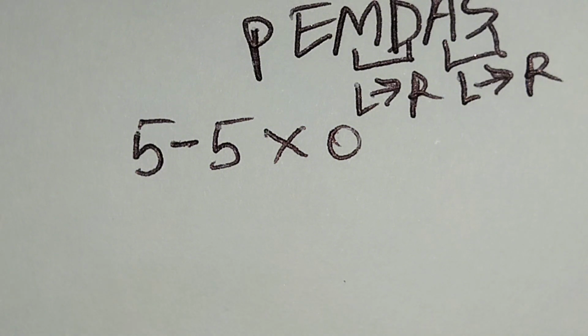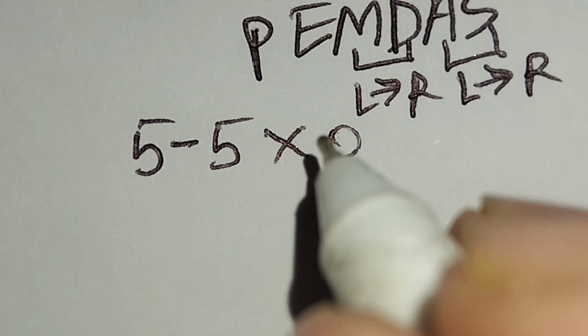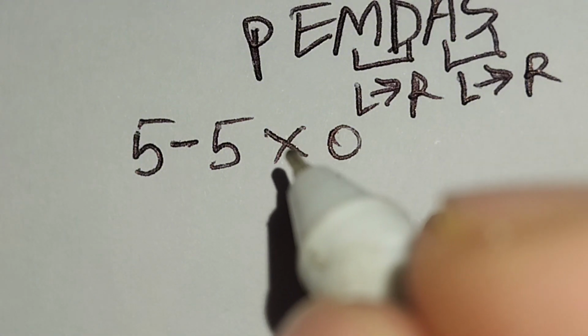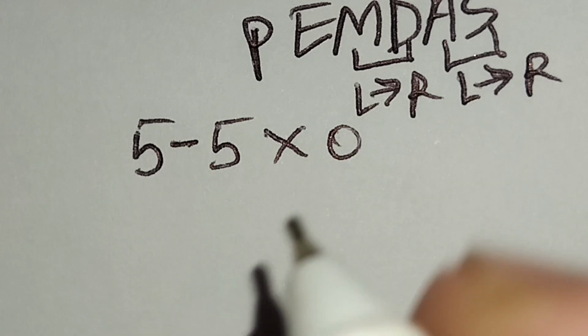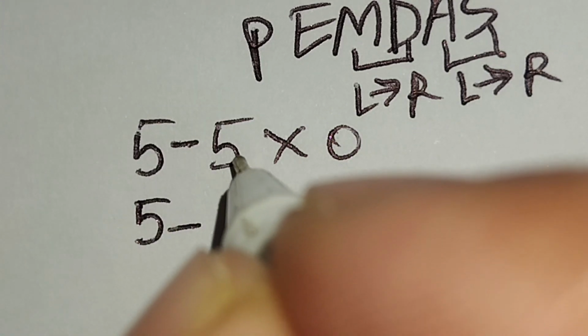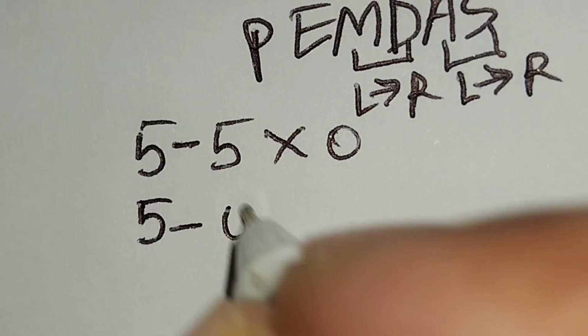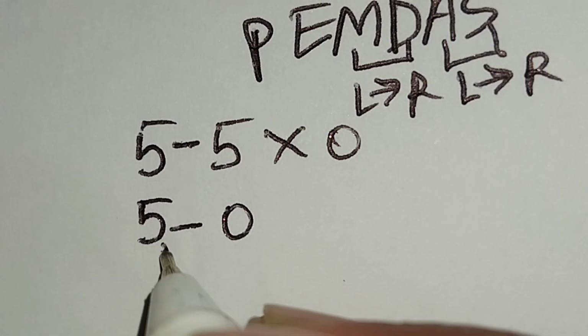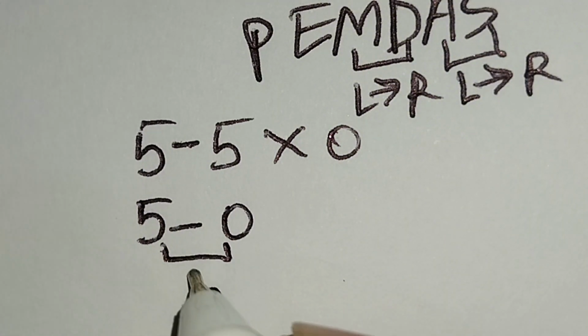According to the order of operations, now I have to work with this multiplication, because multiplication has higher priority than subtraction. Here this 5 minus this 5 times 0 gives us 0. 5 minus 0 gives us 5, and this is the correct